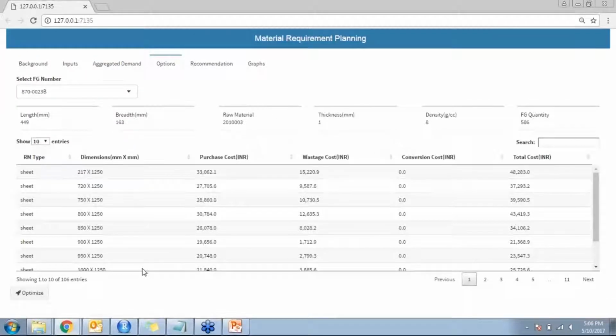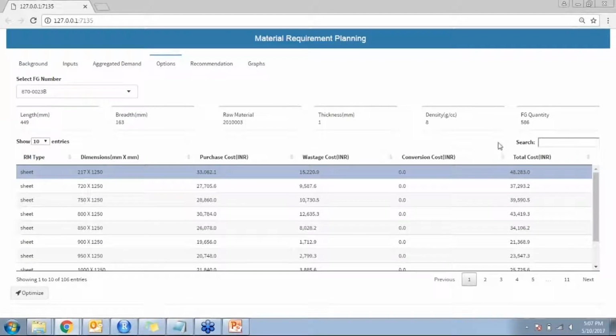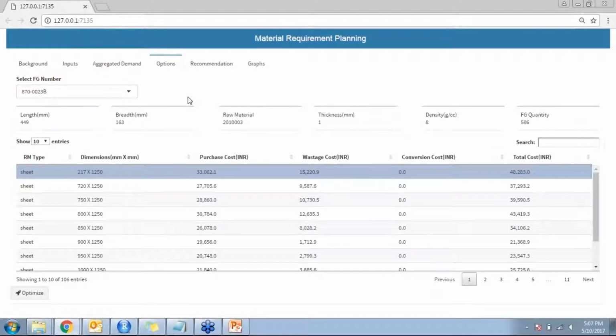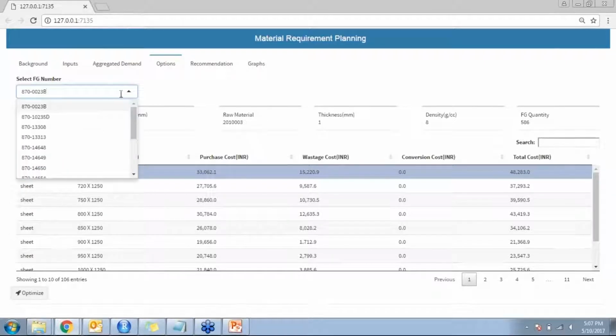Now we go to the run option, which you can see over here. What it essentially does is that it runs all the combinations of different costs that we already discussed in the input data that we talked about, which we'll have a better idea of when we move further on the options and recommendation tabs. But when you run this option, it goes to an output which shows what are different kinds of costs that will go into a particular combination of good that we talk about. For example, if we take the dimension 217 into 1250, this particular unit combination, if we take from the coil that we talk about,